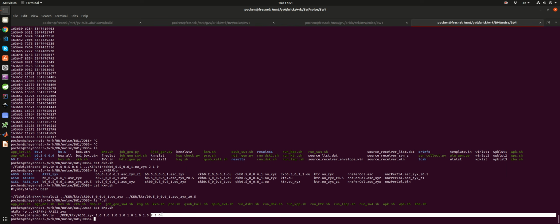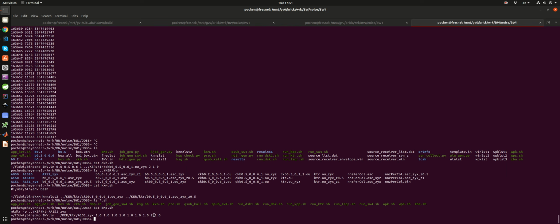And then the last 3 numbers is actually the permutation. So 2, 1, 0: z is going to be the slowest, x is going to be the fastest direction. Once you have finished executing this piece of code, you're going to see these particular directories, and inside of those directories are going to be